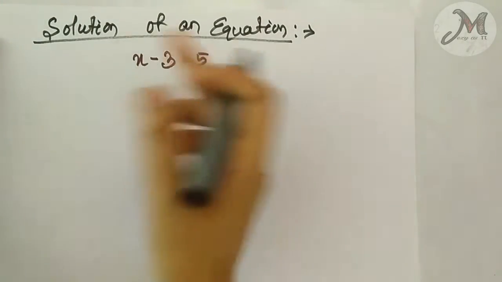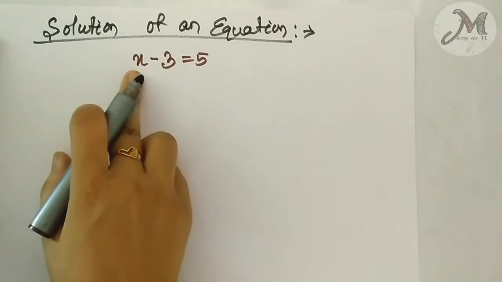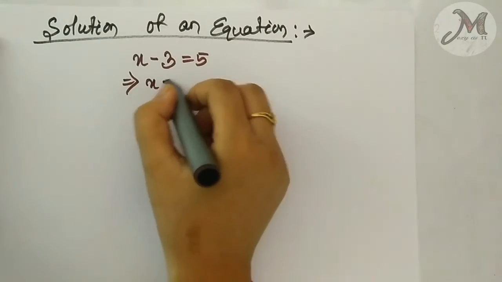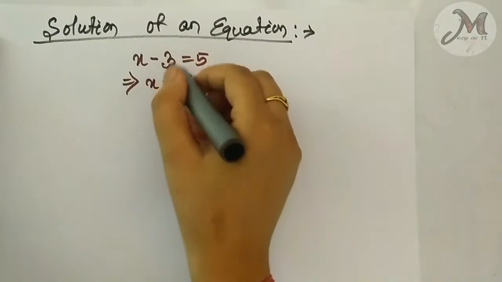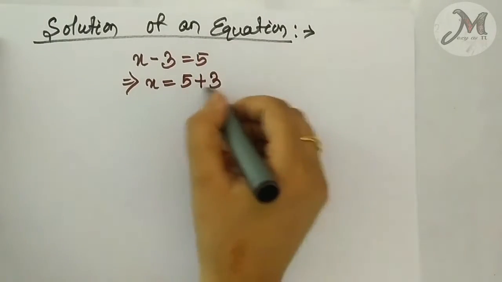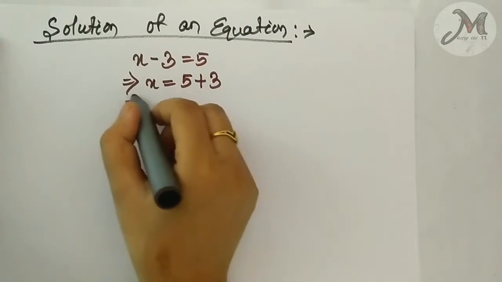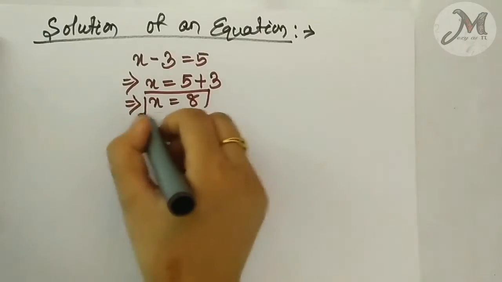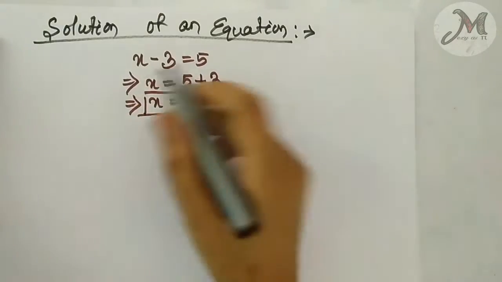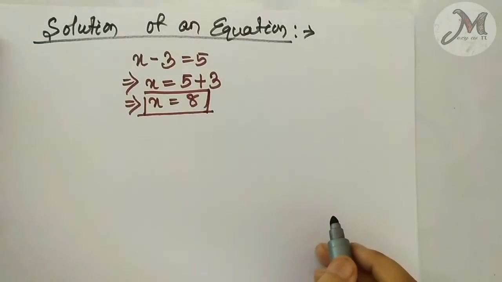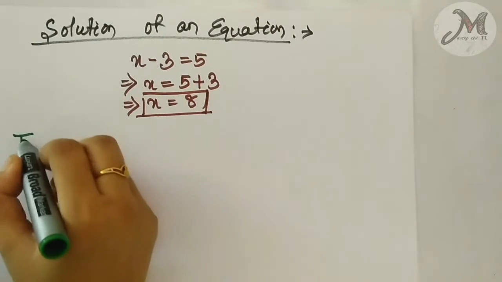So here without solving we can say x is equal to 8. That means 8 minus 3 will become 5. We can solve it as x is equal to 5 minus 3. We will go towards the right hand side and it becomes plus 3. So x is equal to 5 plus 3, that can be written as x is equal to 8. Right? We already know this process of solving an equation, and this process of solving is called the transposition method.